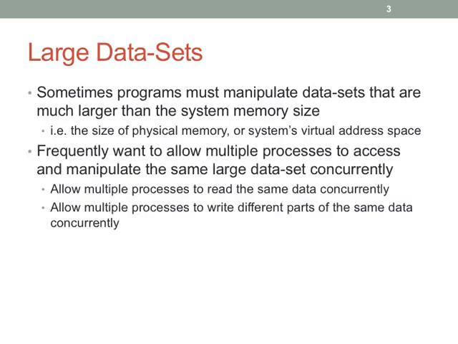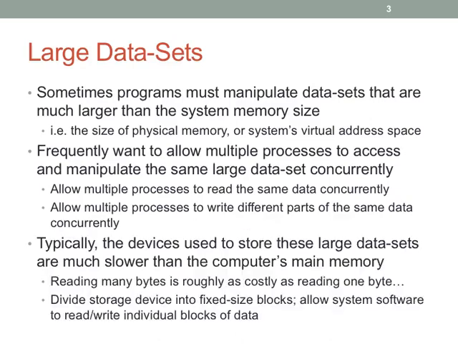Sometimes multiple processes should access the same data set. This, again, is a very common scenario in database systems, where you have a set of data files that are manipulated concurrently by multiple programs. So how do we make sure that different processes can interact with that data concurrently? That's another problem that OSs have to solve.